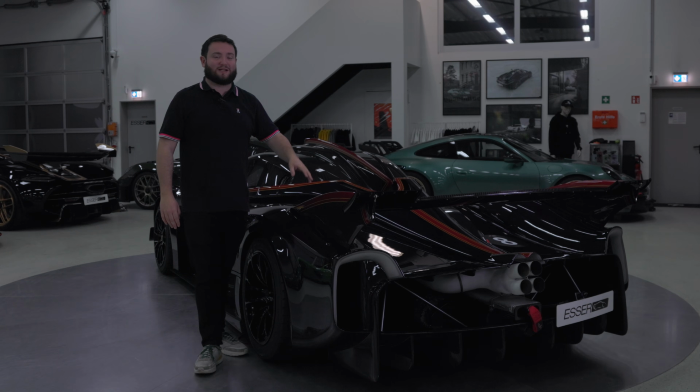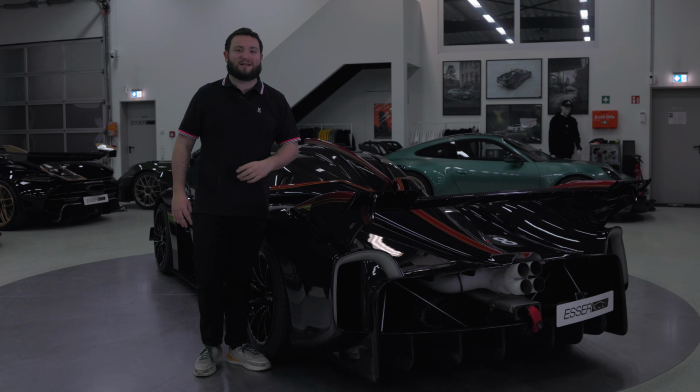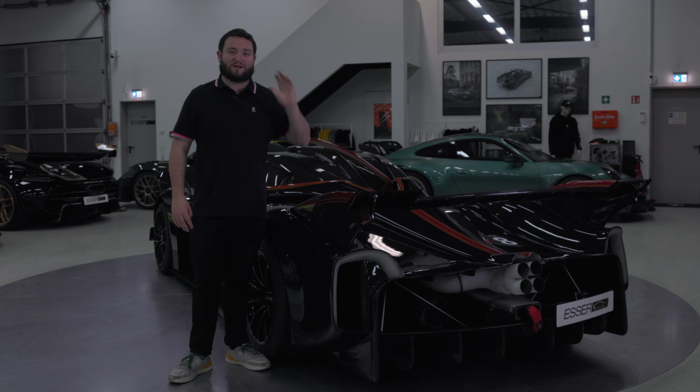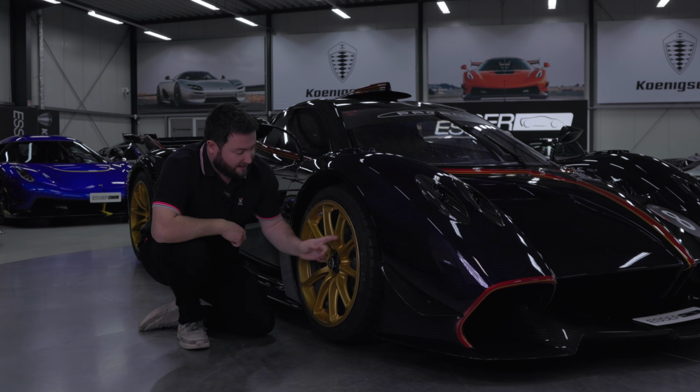With an engine that sounds that good, the torque rating's got to be pretty impressive as well, 770 Newton meters. That gives you enough grunt in pretty much all of the gears to come out of the corners as fast as humanly possible. Now all that going power, you need a lot of stopping power, and thanks to what's in there,